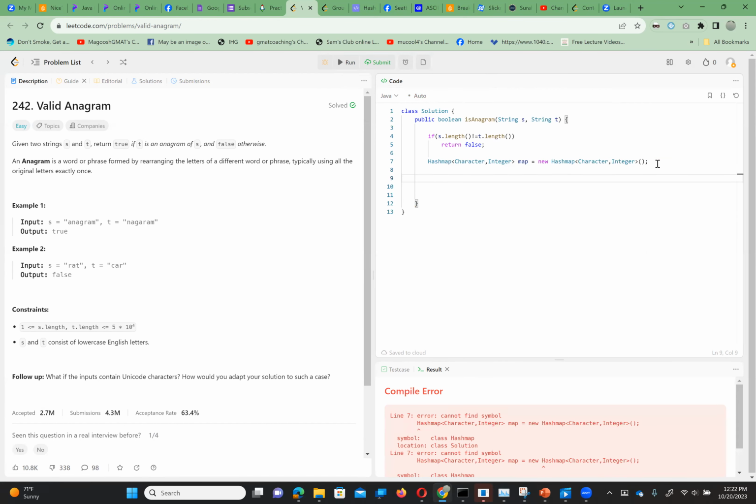next what I can do is I can run a for loop to read each of the characters. So how do I break down this string S into the characters? I can just use the toCharArray function. Now this will return an array of characters, right? And I'm running a for loop, so basically I'm reading each character from this character array. And what I do is map dot put